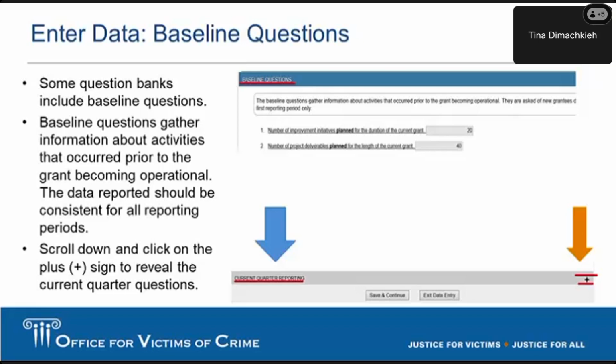This is a specific question that helps us gauge what grant activity will look like and gauge progress towards goals and objectives, and how things were looking before grant funding became available and now after grant funding has become available. The baseline questions are only answered one time for that first reporting period that the grantee has. You will have access to them and you will see them